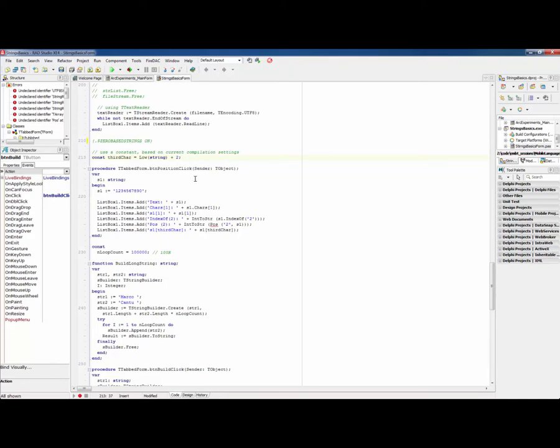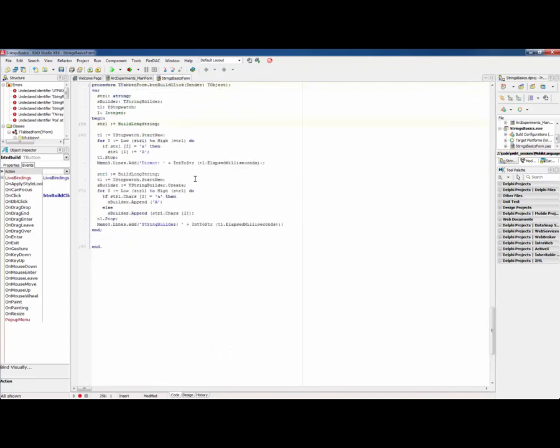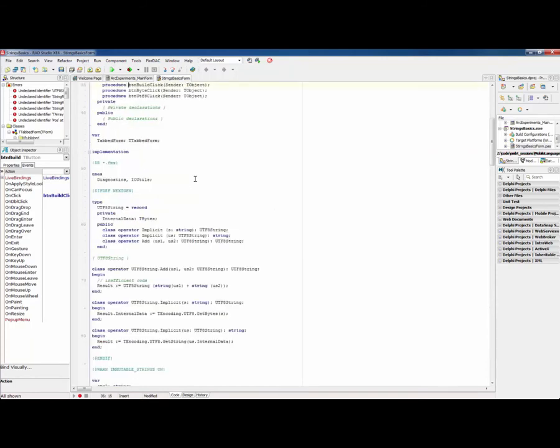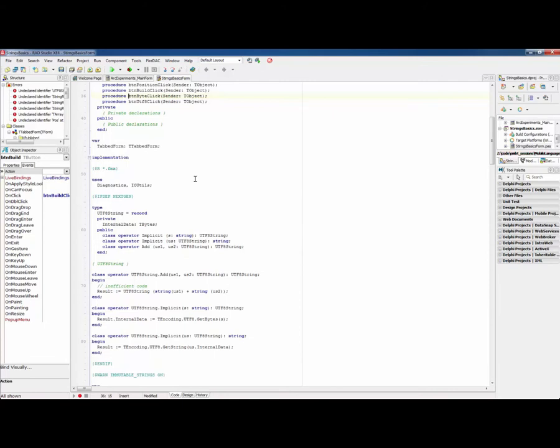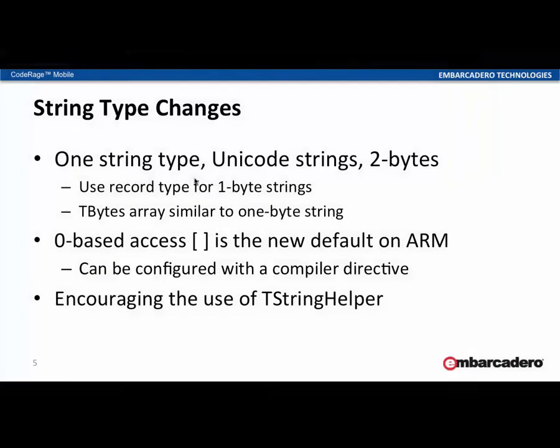Similarly, when you are running a loop, you can write code going from low to high to go through all elements of a string. You can also use a for each loop, actually for in as it's called in Delphi, so for character in string. But if you want to stick with a traditional for loop with a position, this is a way to get around this change and make sure your code works throughout all versions of Delphi and even on older versions of Delphi. Okay, that's what I wanted to show about strings,